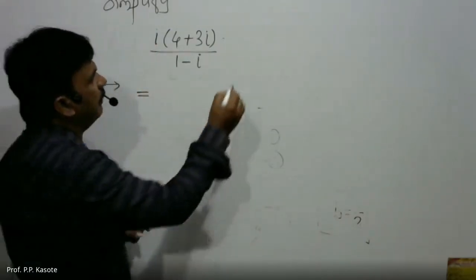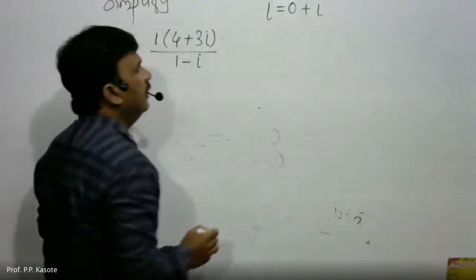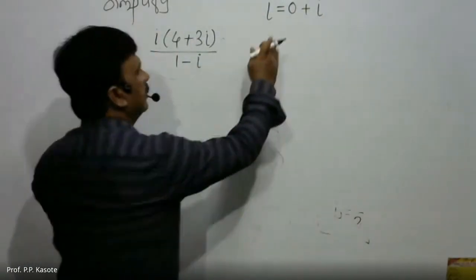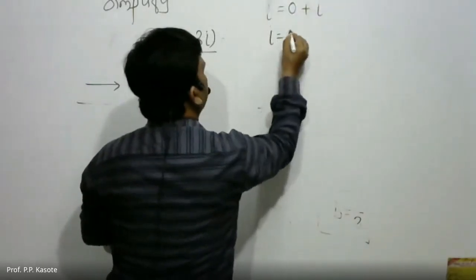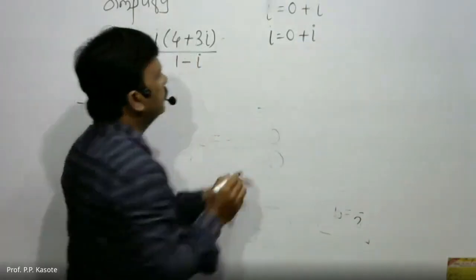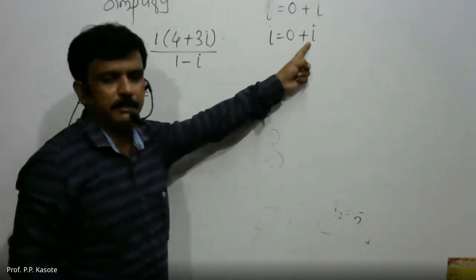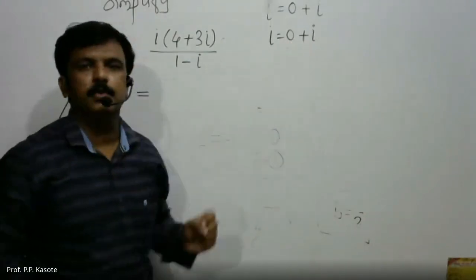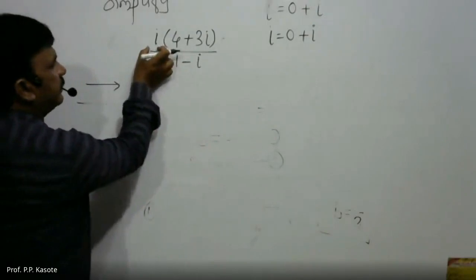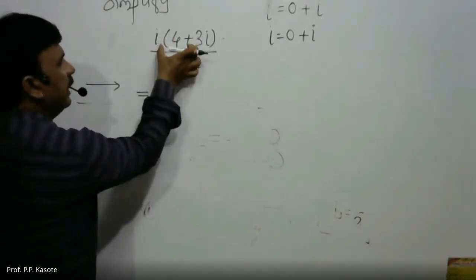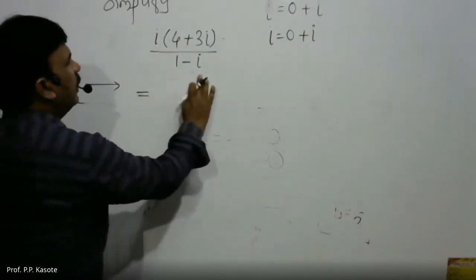Now the question is, क्या i complex number है? Yes, because we can write i as 0 plus i. इसको थोड़ा नीचे लिखूंगा so that you will be able to see. i can be written as 0 plus i. So is it a complex number? The answer is yes. What is the real part? Real part is 0. What is the imaginary part? The coefficient of i is kitna? 1. So imaginary part is 1. It means that it's a complex number. Even this is a complex number. Let us multiply these two complex numbers and then we will divide the answer by 1 minus i.